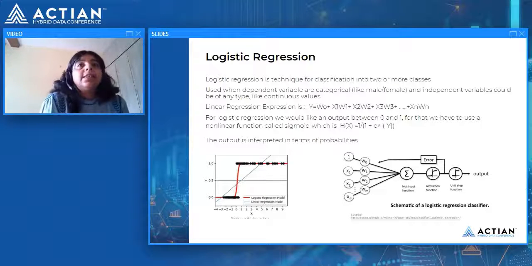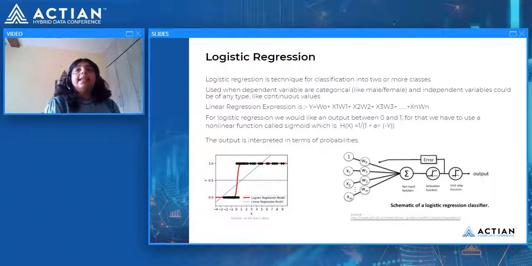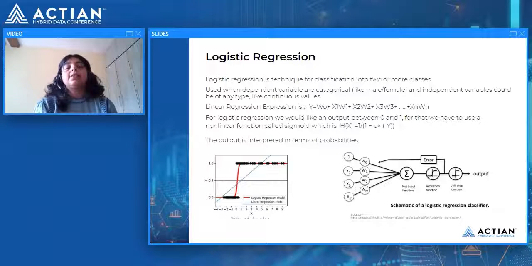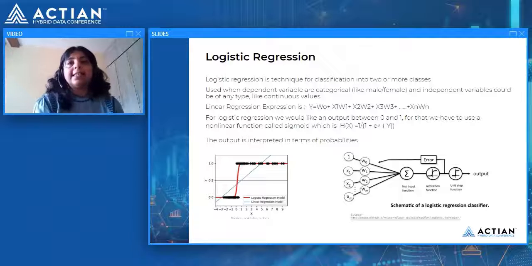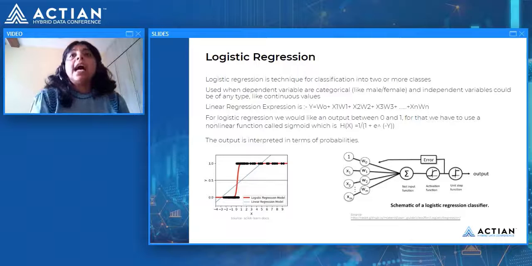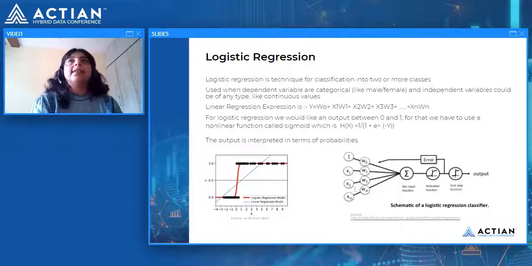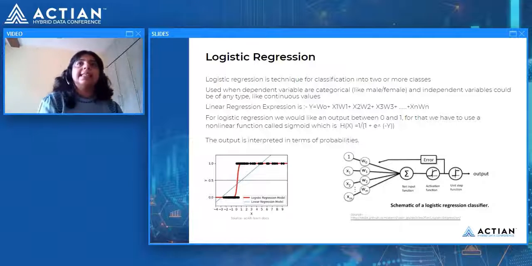Generally it is used when the dependent variables are categorical, and the independent variables could be of any type, like continuous values. For my example, I will be talking about the Iris database, which has three kinds of classes and 150 data points. These three classes can be labeled 1, 2, 3. You can define that class A means 1, class B means 2, and class C means 3.